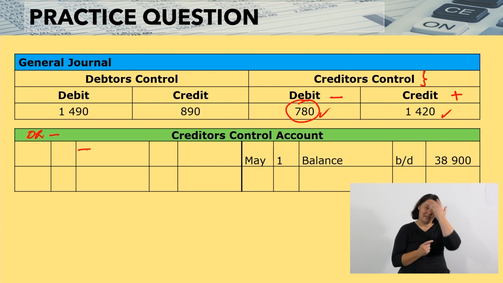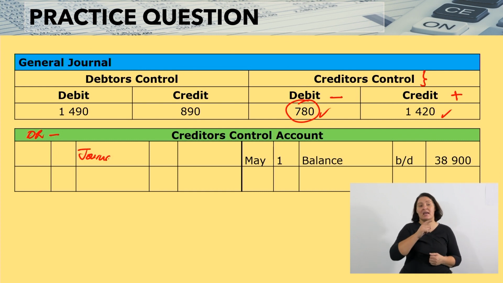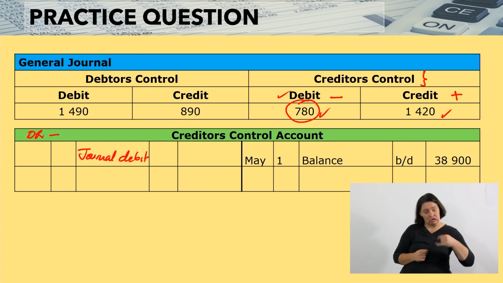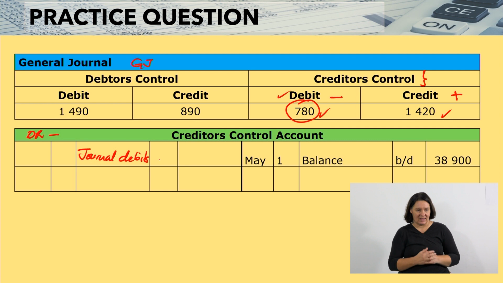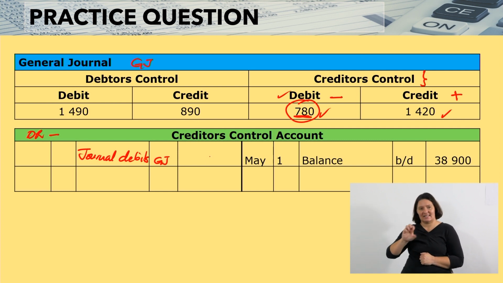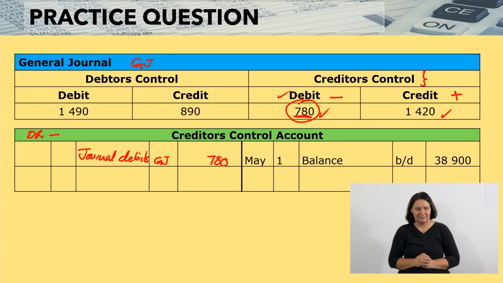I will then call it journal. What side is it on? What side is this? Debit. So I'll call it journal debits. Which journal is this? The GJ. I'll come here, GJ. How much are we talking about? 780. Do I still have something to post? Yes, I have my